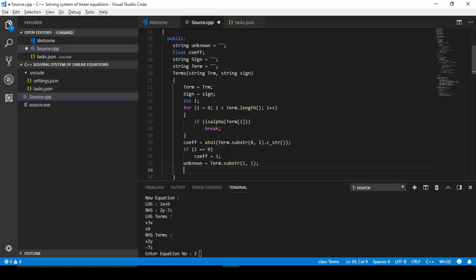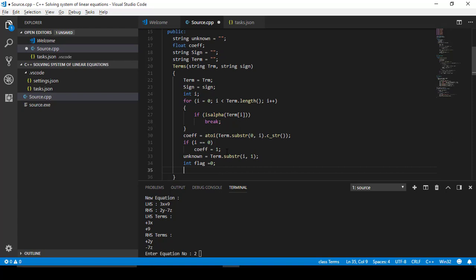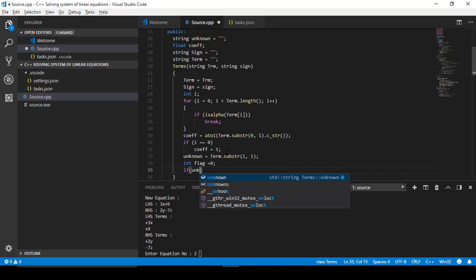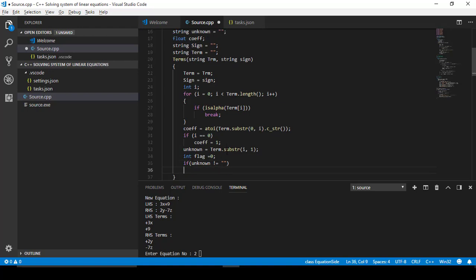But we need to store in it each unknown one time. So to do this, we're gonna define int flag is equal to 0, and if unknown is not equal to an empty string, which means our term contains an unknown,